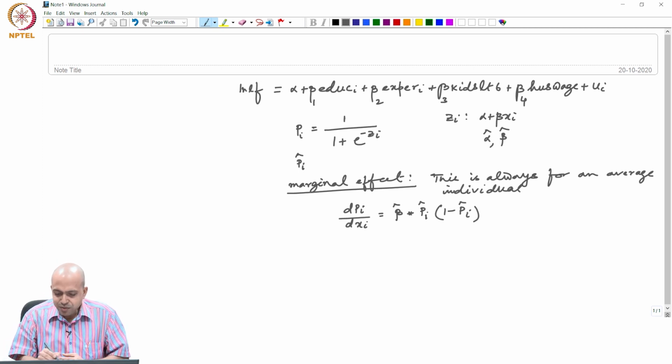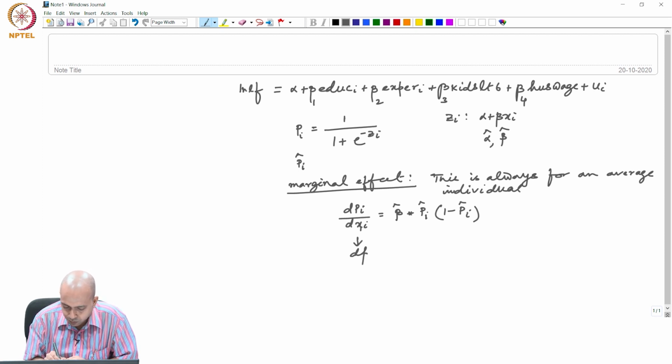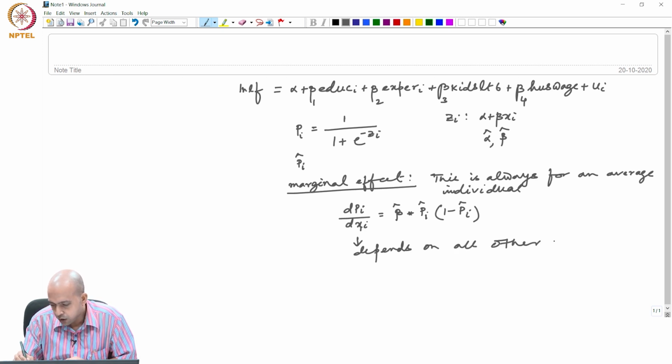Okay. So that means since pi depends on your xi, and xi is basically all these independent variables, even though you are interested to calculate the marginal effect for, let's say, x1i, it all depends on all other explanatory variables,